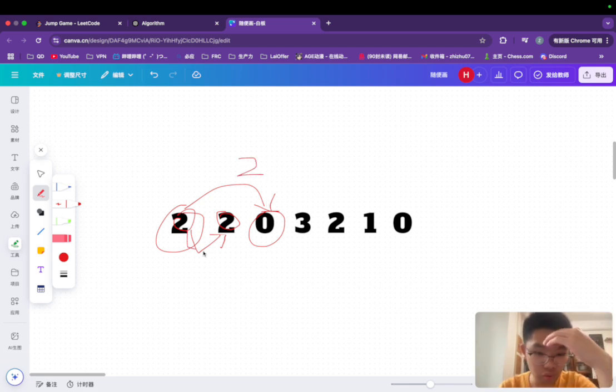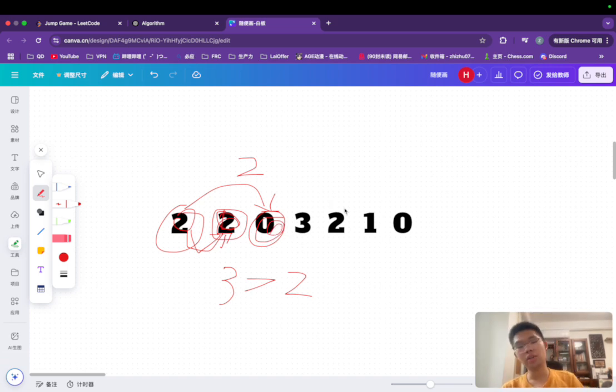But if we jump to this 2, we can then jump 2 steps again, since it's 2 here. In this case, we end up jumping 3 units, 3 steps. So 3 is larger than 2, which means that we need to jump 1 step, we need to jump to this 2 instead of to this 0. And the same idea just applies again